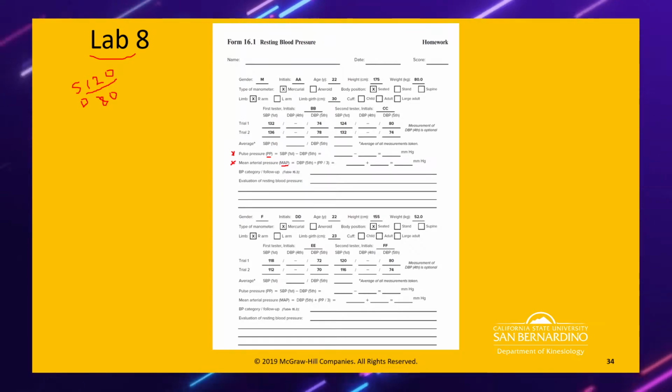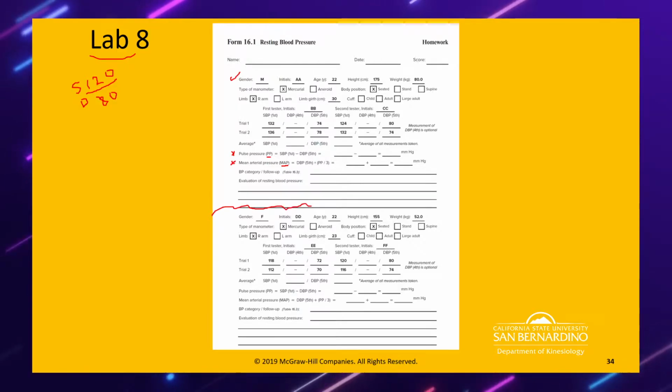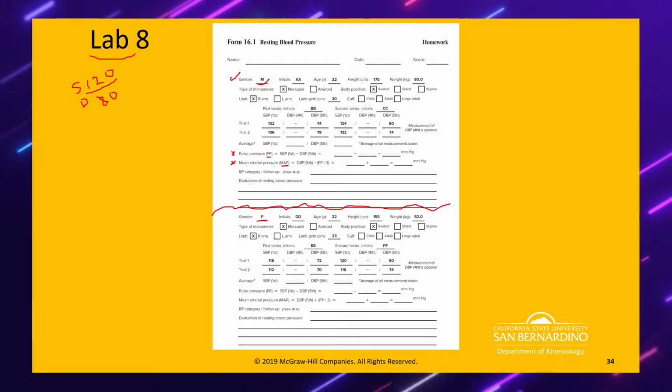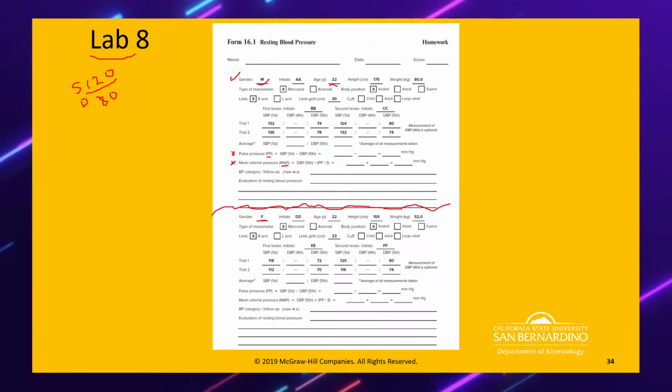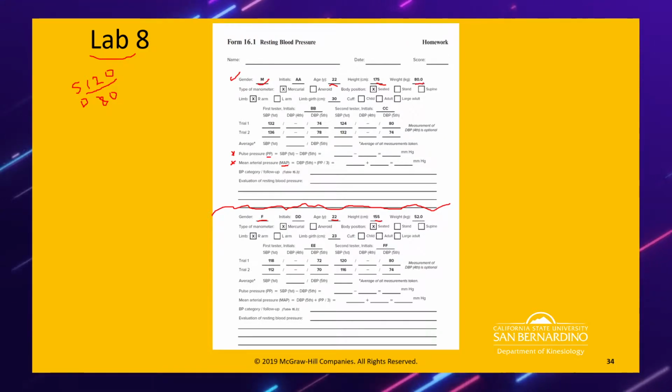So as always, let's start at the top and work our way down. We can see we have the basic information. We have two sheets all together. I'll go ahead and draw a little bit of a squiggly line, kind of indicate that. So we're dealing with two individuals, a male as well as a female. We have the ages, same age. You can see the height difference in centimeters and the weight. And